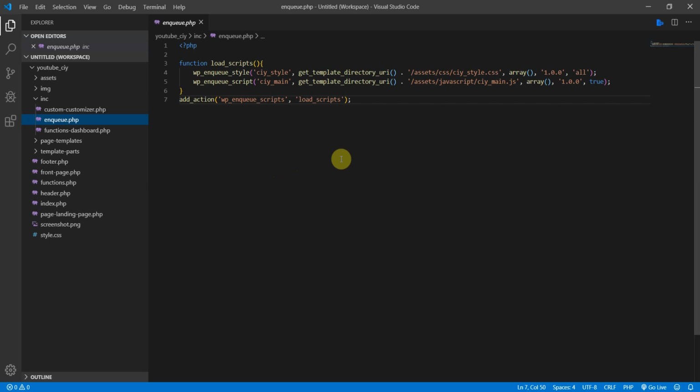All right, so let's start with the basics here. So let's start with our enqueue.php file, and I have created this file in a folder called inc. Right, so if you don't have this, create a folder called inc, and then a file called enqueue.php, and then you can see I have the same old function, load scripts, right here. And then I have my customized style sheet right here, and then my own JavaScript file